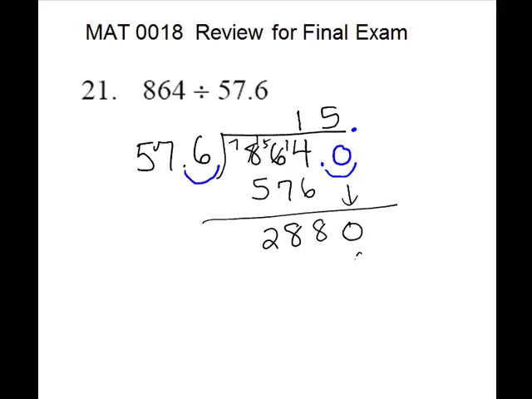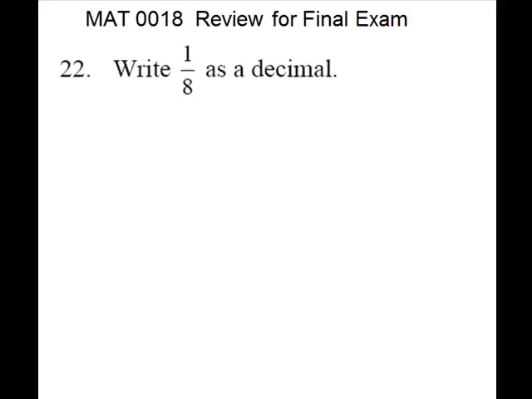5 times 6 is 30. 5 times 7 is 35, 36, 37, 38. 5 times 5 is 25, 6, 7, 28. And it goes evenly. We have one more problem for arithmetic of decimals. We're going to write 1/8 as a decimal. So you're going to divide denominator